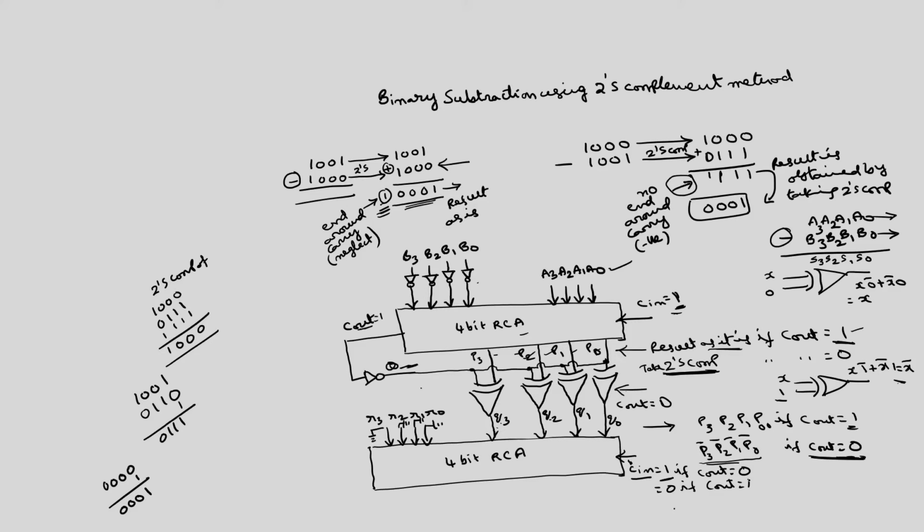That same logic you can obtain here. If C out is equal to 1 here, this output will be 0. So, C out is equal to 1 means this is 0, and that is what I want. If C out is equal to 1, I have to add 0. So, I can directly connect this C out signal to this C in.